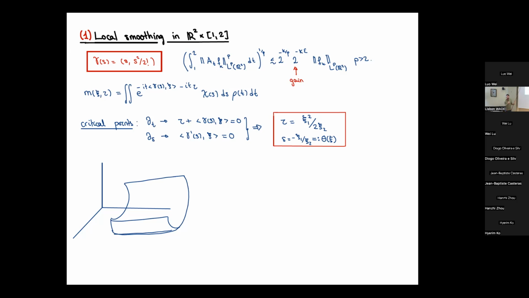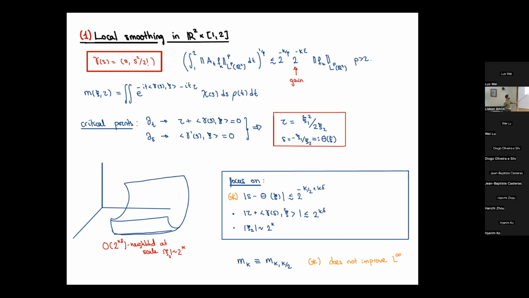So I have a whole cone of singularities, where the first derivative of the phase function vanishes and I have stationary points. But away from that cone, things behave okay. The real difficulty is in a neighborhood of this cone. And because I have a scale, I can even quantify the cases in which I have decay. Here I'm going to have to use second derivatives, because I have critical points. Okay, and then the question is,